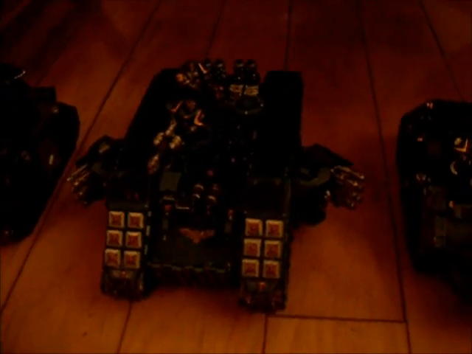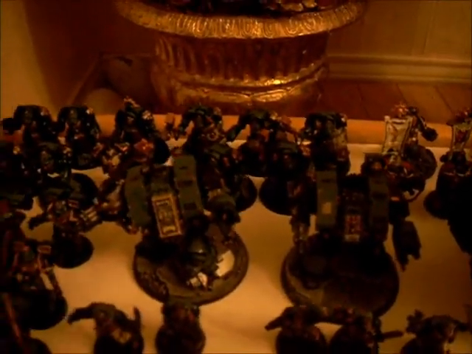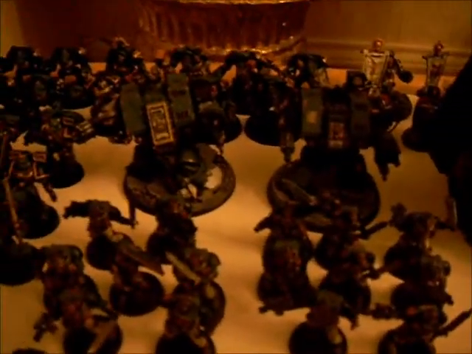They have Twin Link Plasma Cannons on the side. This is a Razorback with a Twin Link Plasma Cannon. All of these have normal bolter shots, heavy bolters up in the front. Just to continue on, I have 2 drop pods, 2 dreadnoughts, a group of 9 assault marines, 2 groups totaling